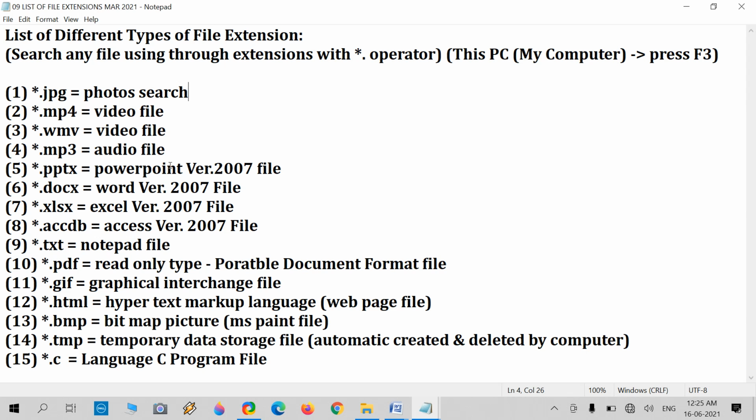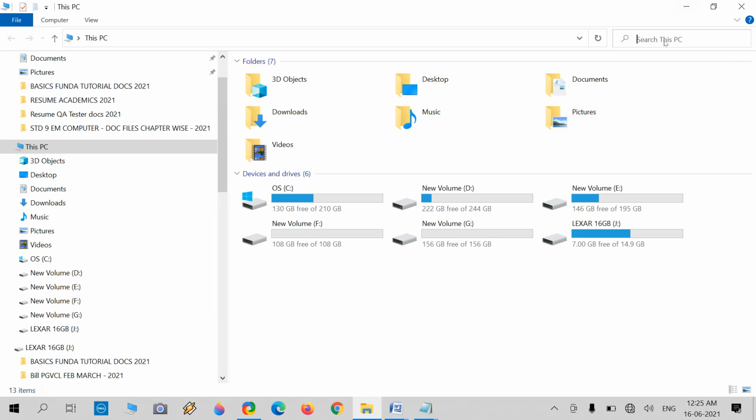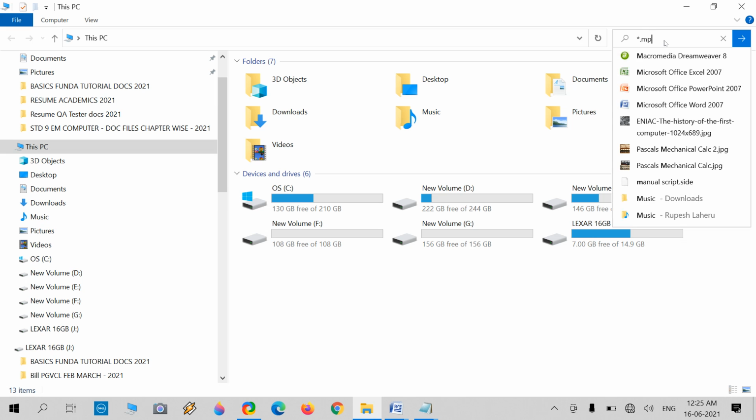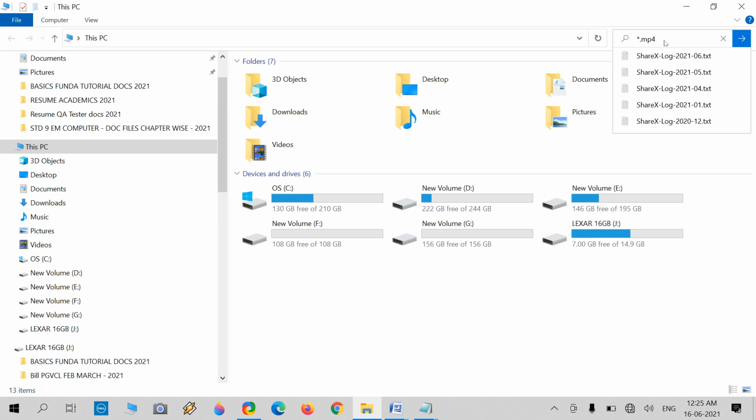Our second option is asterisk.mp4. If we need to search for any mp4 or video file, if I forget where I saved any kind of mp4 file, then search it with asterisk.mp4 and press Enter.